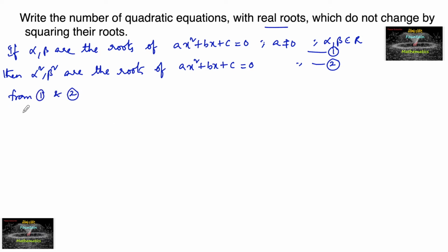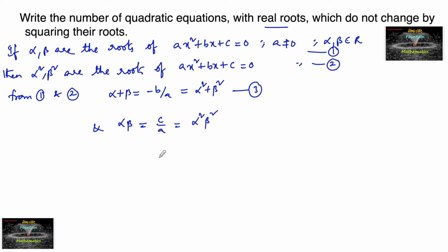we can write alpha plus beta is equal to the sum of the roots, which is equal to minus b upon a, and from the second equation we can write alpha square plus beta square is equal to minus b upon a, sum of the roots. Say this is third equation. Now the product of the roots, alpha beta, is equal to c upon a from the first equation, and from the second equation also we can write alpha square into beta square will be the same c upon a. Say this is equation 4. Now